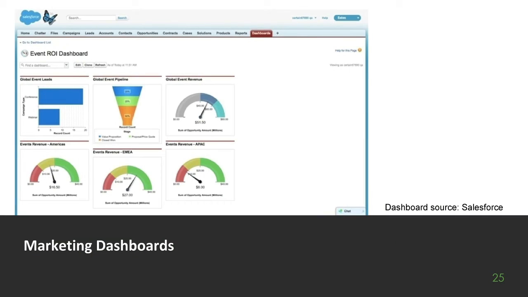That is exactly right. Now, when you're starting to look at dashboards, I've got a slide here that has a snapshot of a dashboard out of Salesforce. So if your company uses Salesforce and you've loaded the leads in for your event, you're able to see this event ROI dashboard. You can see what the pipeline was from that event. You can see how many leads there were. You can see this revenue. Maybe it breaks it out by region if you're a global company. And you can get all these great metrics, which is good for you as an event manager to know where this dashboard is or to ask for it from your sales or marketing ops team so that you can keep tabs on what's going on.